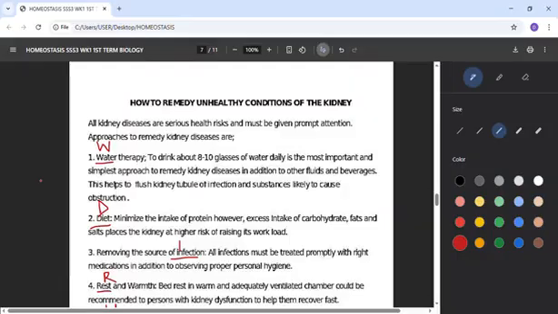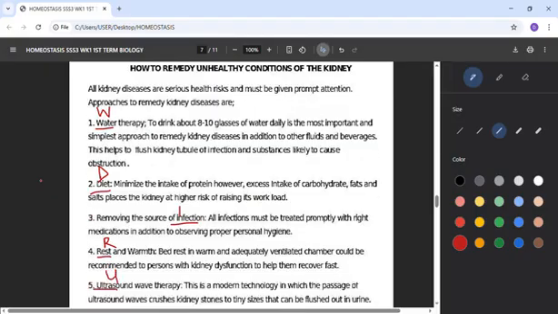In this lesson, we'll be rounding off the topic homeostasis. In the previous video, we looked at the kidney as one of the homeostatic organs. And now we're finalizing it with the remedy to unhealthy conditions of the kidney. When the kidney is not healthy, what are the things that can be done as remedy? If you want to remember, you can use the mnemonic WURID,